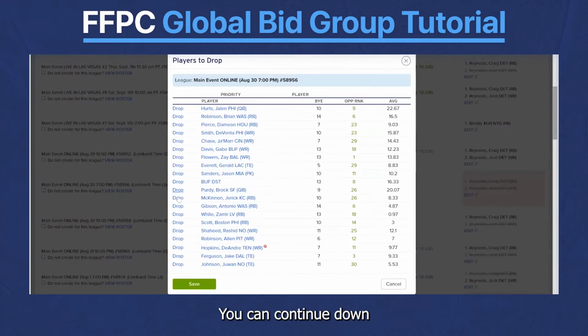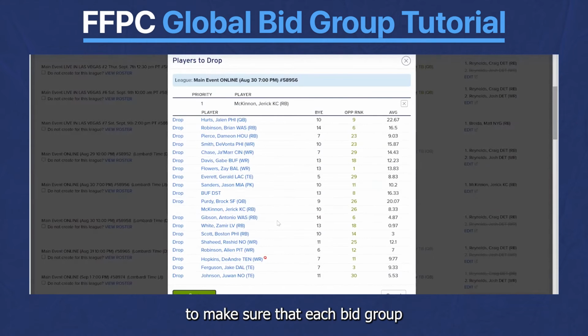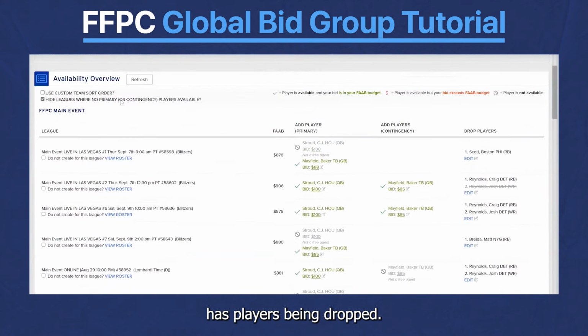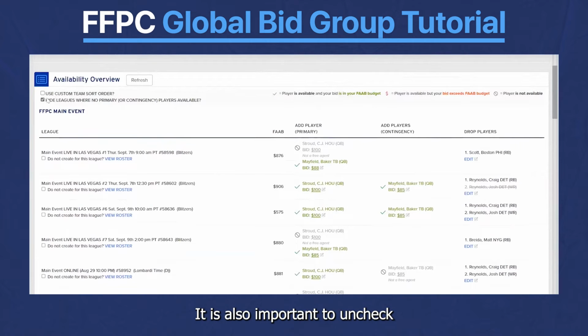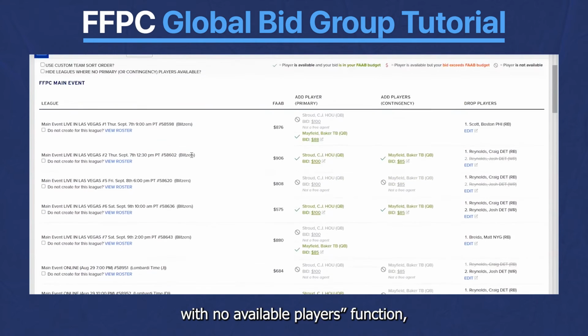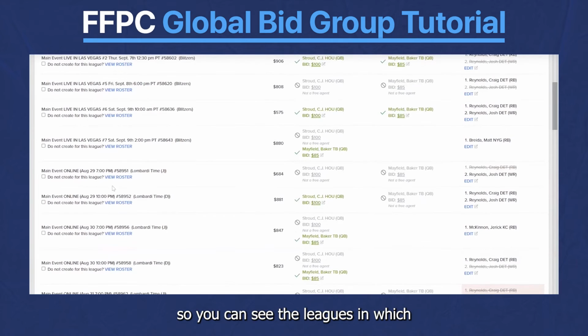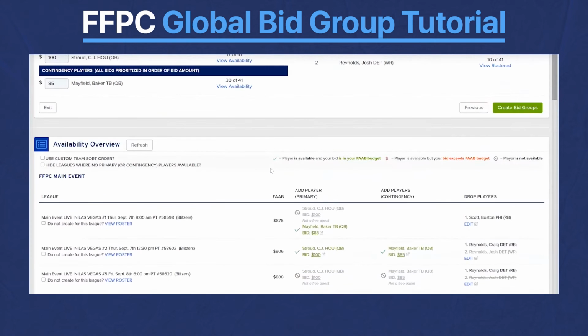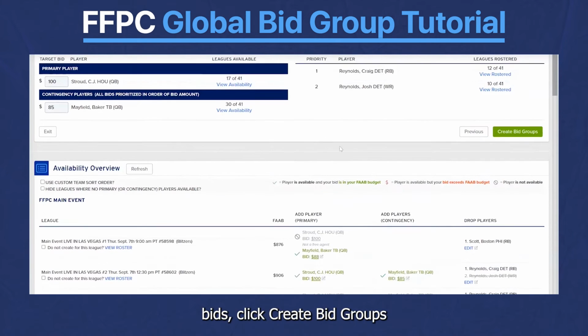You can continue down your team list to make sure that each bid group has players being dropped. It is also important to uncheck the Hide Leagues with No Available Players function, so you can see the leagues in which neither your primary or contingency player are available, so that you can note them and make that adjustment later. Once you have finalized your bids, click Create Bid Groups, and it will take you to a pop-up display